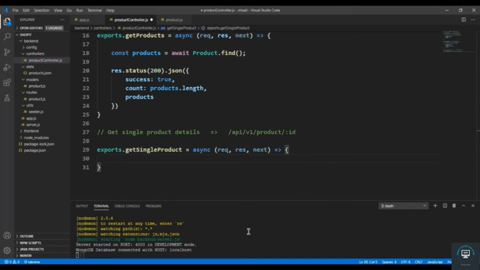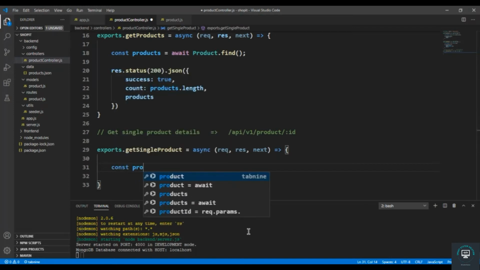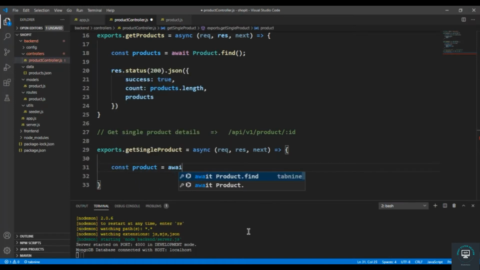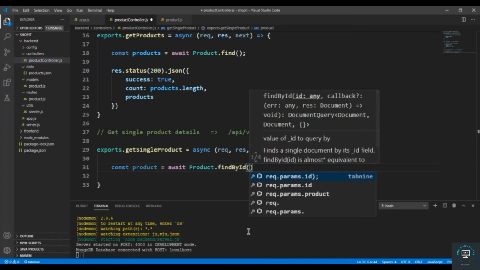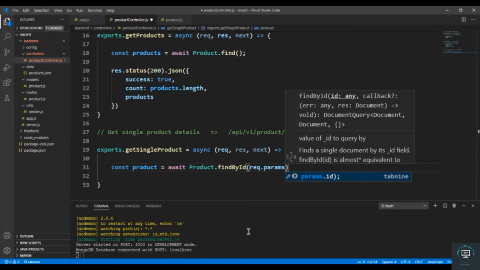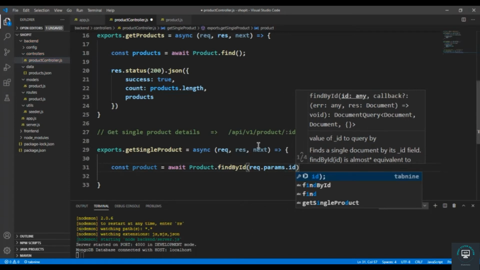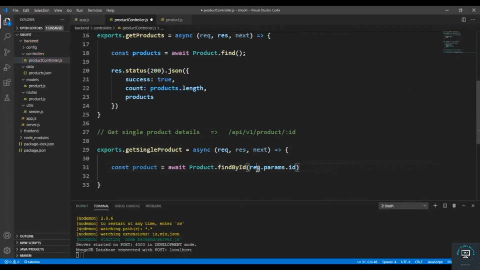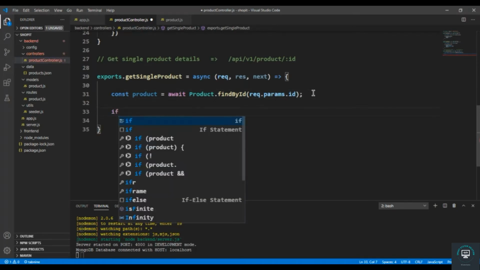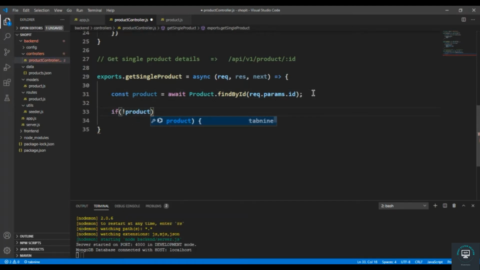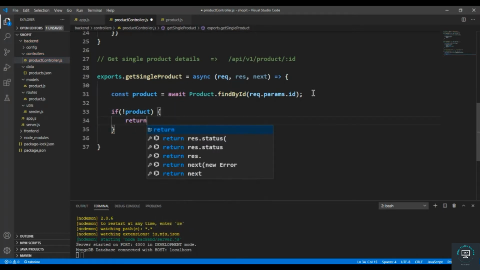I can simply type here first of all const product equals to await Product. Now we have a function that is called findById, so we have to pass in the ID. The ID is going to be req.params.id. So this is the parameter of this URL. This is the ID, so req.params.id. So it will find the product by its ID, and let's first of all check that if not product, return